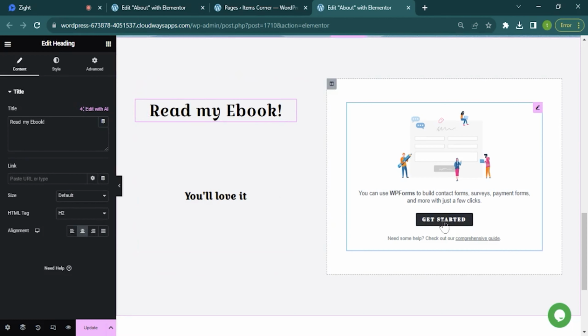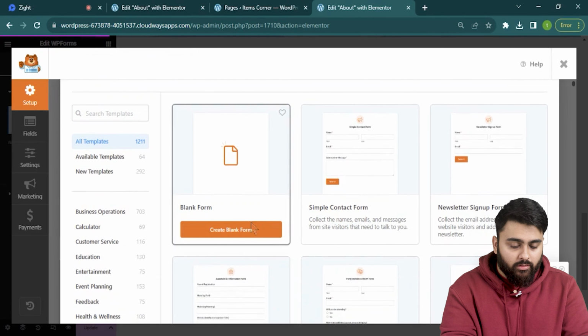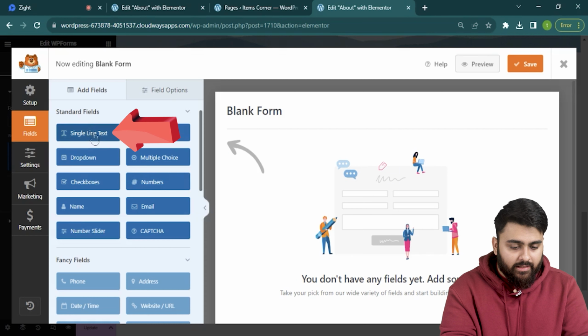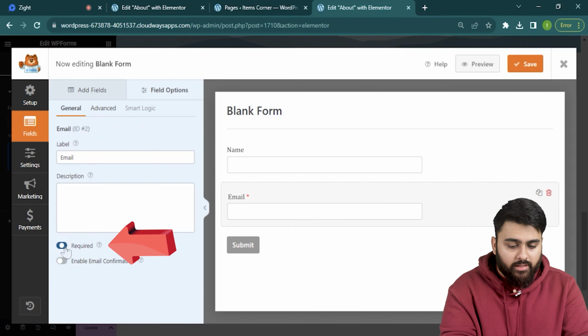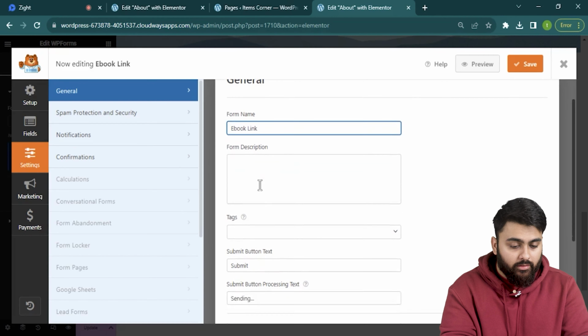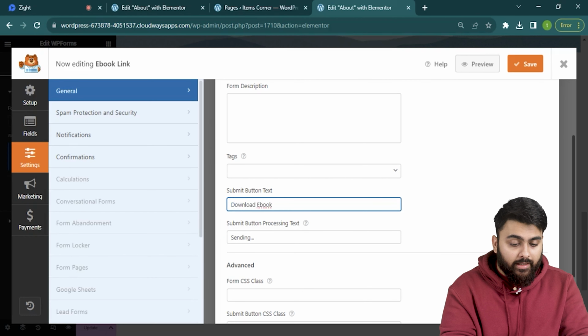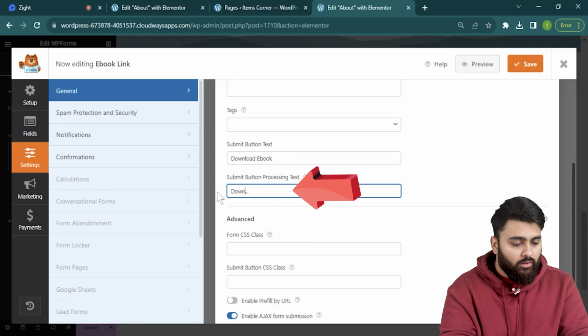Now it's on my page and the form area asks me to make a form. So let me click it and a pop-up is going to open with my form builder. Then I'll click create blank form. Now I'll select this to enter the text. I'll click the email field and then toggle this switch to make it required. Now I'll click the submit button to edit it. I'll rename it here, then change the submit text to download ebook. Now I'll edit the processing field from sending to downloading